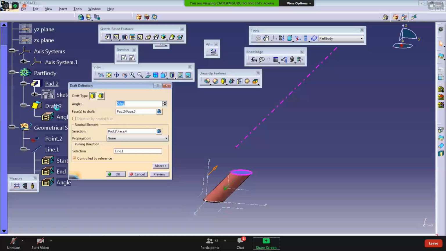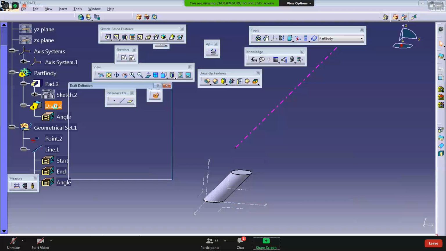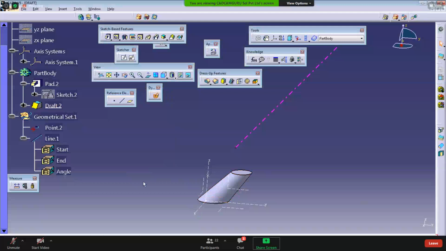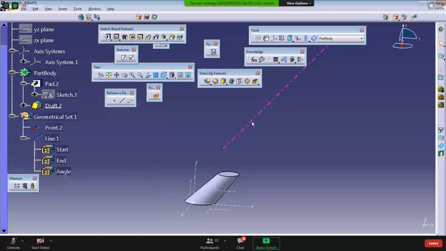But if you check the same thing for vertical Z direction, it fails because along that direction it is not possible to extract the component. So your direction is this. Hence we need to create an inclined reference if the component is extracted from an inclined direction.